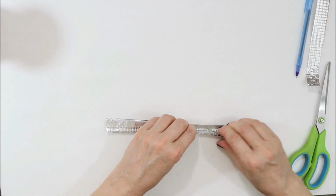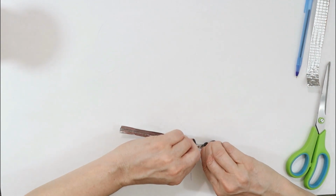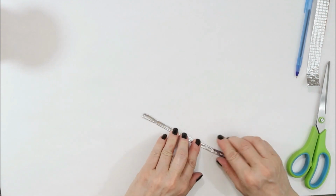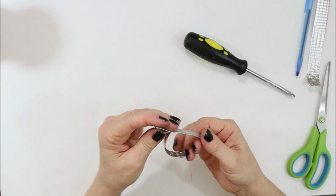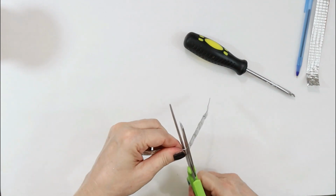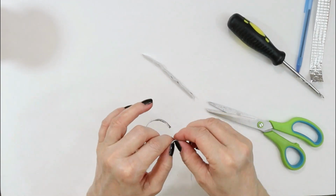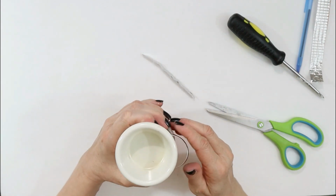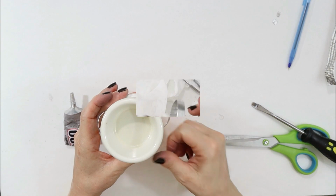So here's the Dollar Tree cookie tray or baking pan out of foil that they have, great for farmhouse decor. I'm just cutting it and folding it. I am doubling it up to make it extra thick and bulky because these are going to be the handles for my milk can. I do continue to need strong adhesive, so I do a mix of E6000 and hot glue to get these